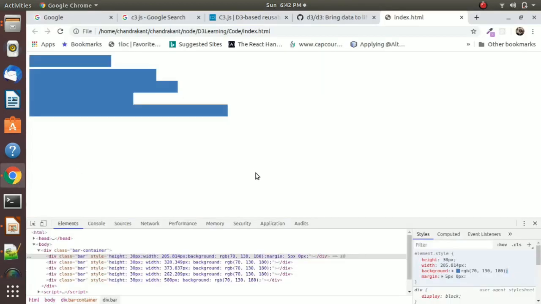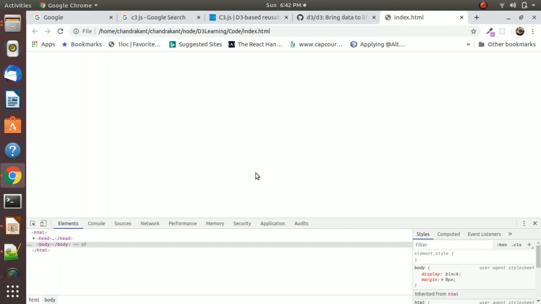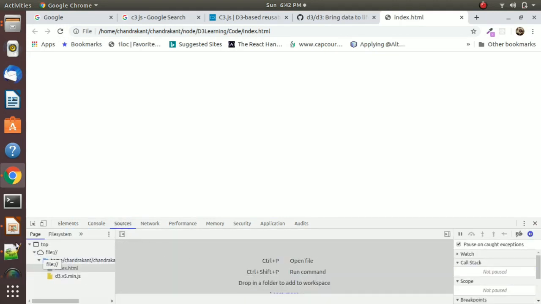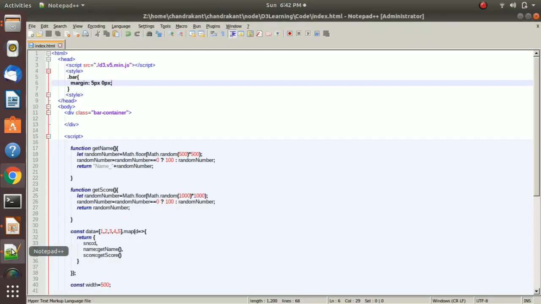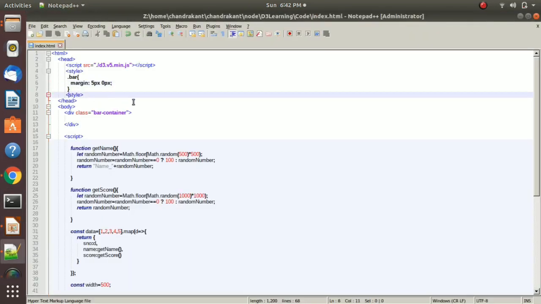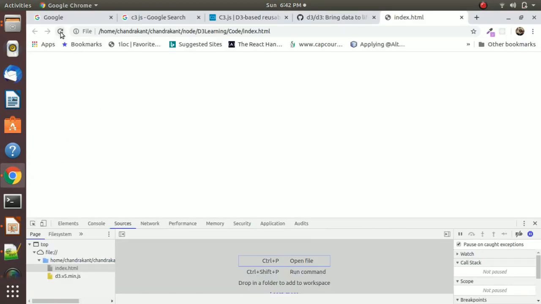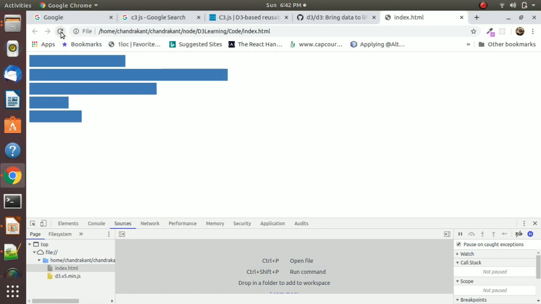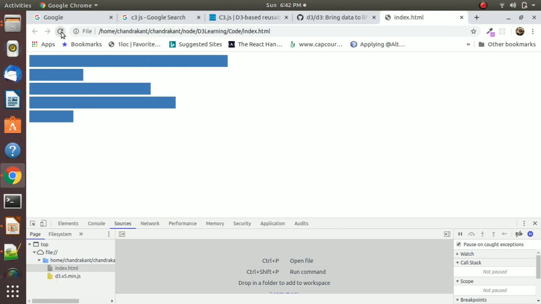Now again we refresh the page. What is the issue? Yes, we have not closed the style tag. So now you can see that we have created the simple bar using simple D3 and HTML.